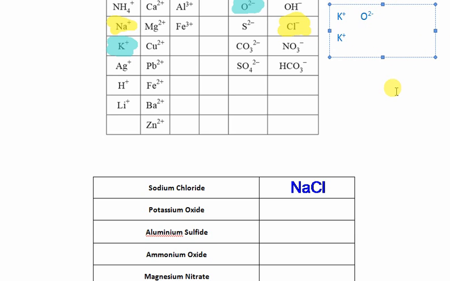And so that's basically telling us that each potassium atom was giving away 1 electron, the oxygen is picking up 2 electrons, so we need 2 potassiums for every oxygen. Alright, so we're really just balancing out these charges. We need 2 positives for every negative. So our final answer here is going to be K2